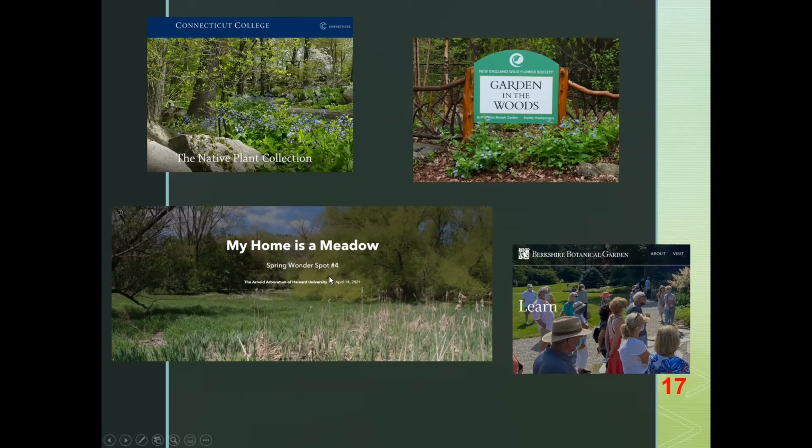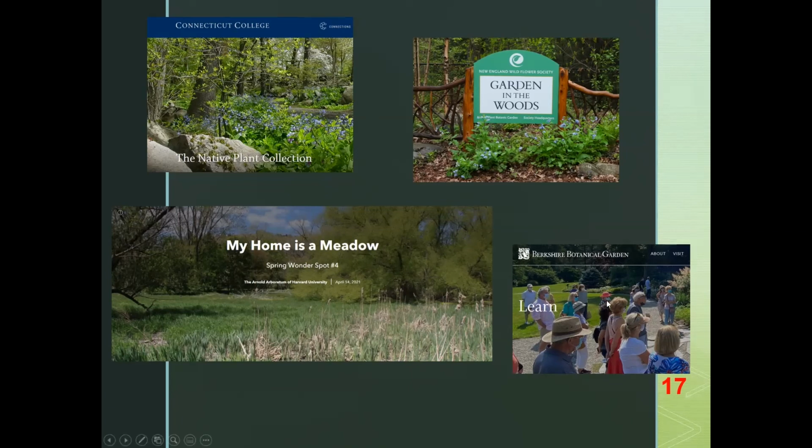The Arnold Arboretum in Boston has been making a big effort in recent years to rewild a lot of their extensive landscape, which is in the heart of Boston. So if you go and visit this, you can kind of see this change developing in action. And they have a lot of classes and tours and things that are available as well that will help you learn a lot more about native landscapes.